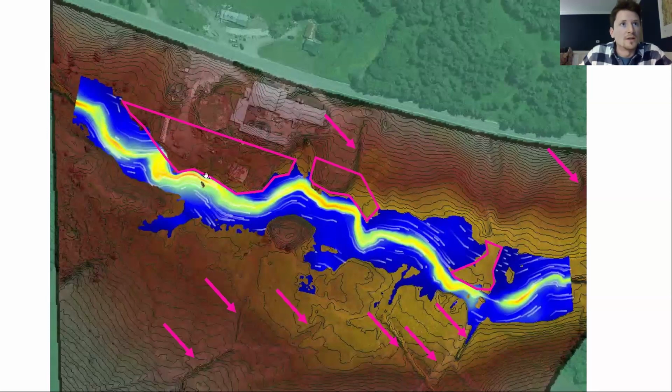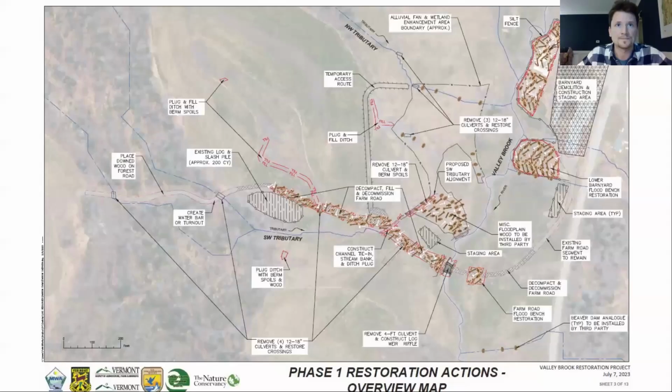There's also, can't really tell right now, but the contours on this section show the same thing. And the road over here is essentially blocking flow across the floodplain. So these are 3 areas that we want to focus on for floodplain restoration work. But you see all these little arrows, these are all tributaries coming into the brook. So there's a lot of sources of water coming in. Some of them are just road ditches that are kind of ephemeral streams, and some of them are full-blown perennial tributaries.